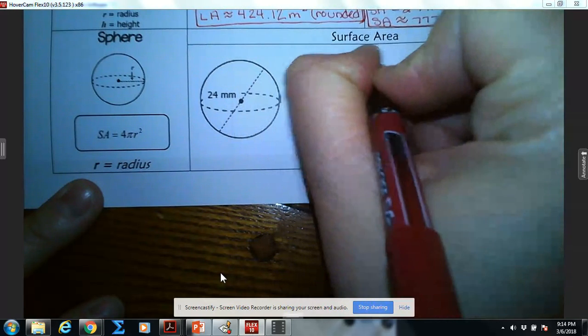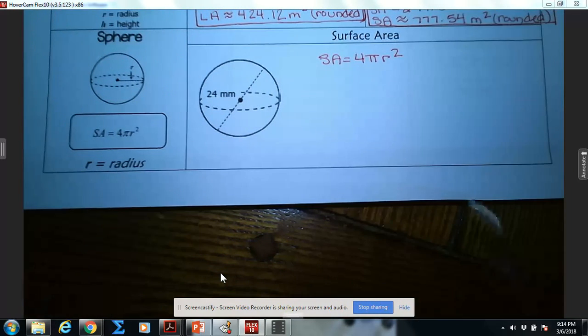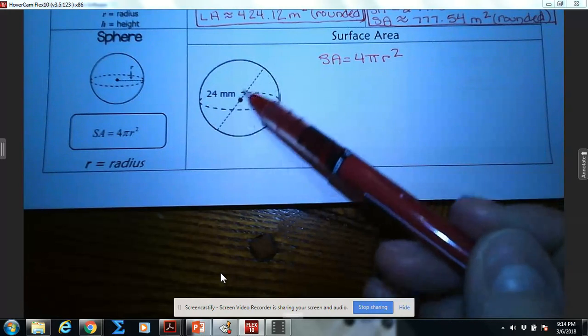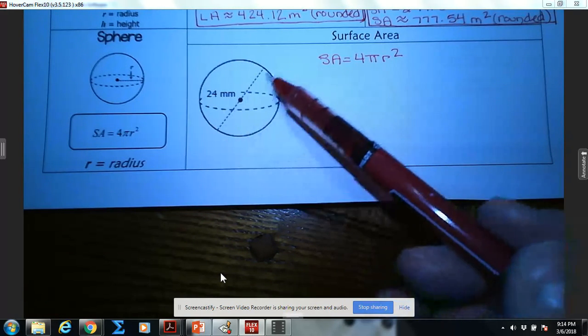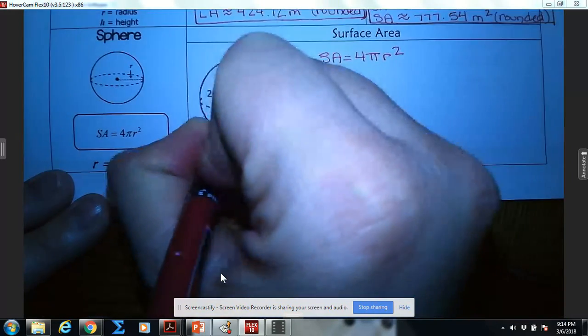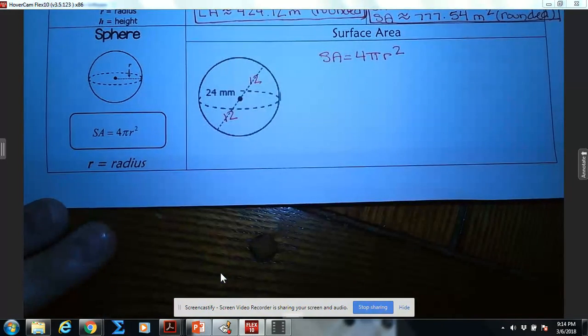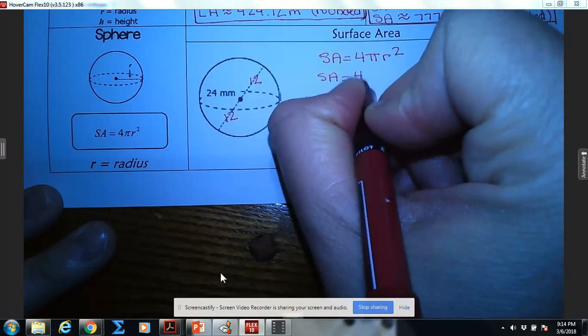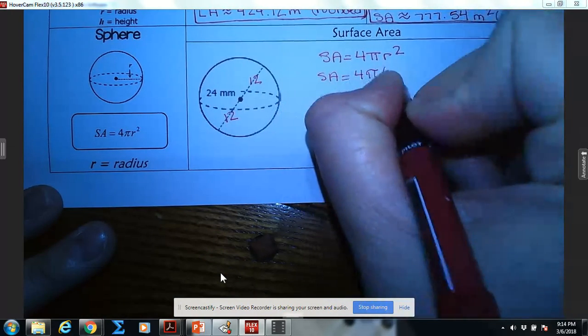4 times pi times radius squared. Okay, in this picture, they've given us 24 millimeters, and that's designated as the entire diameter. So half of that would be 12 and 12. So our radius here is 12. So surface area, if I put the 12 into the radius position,